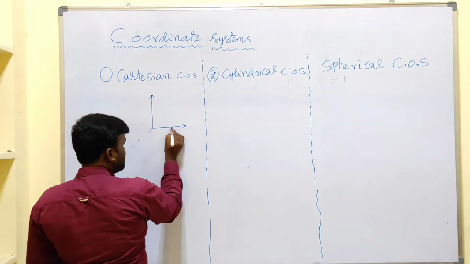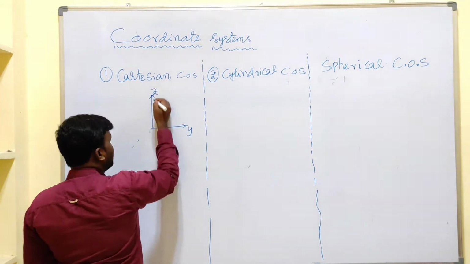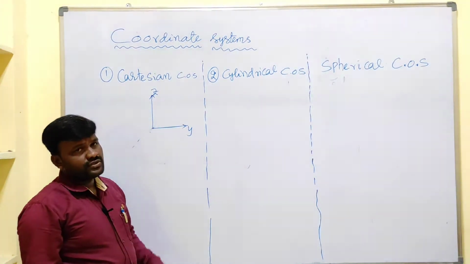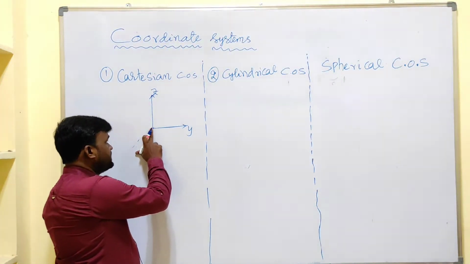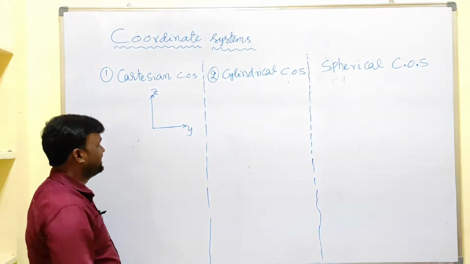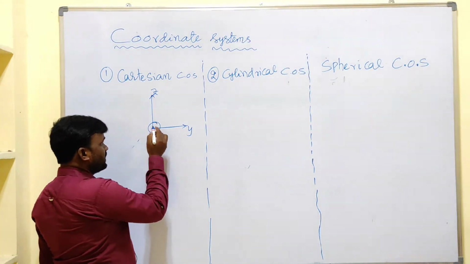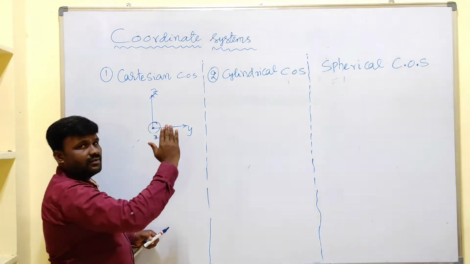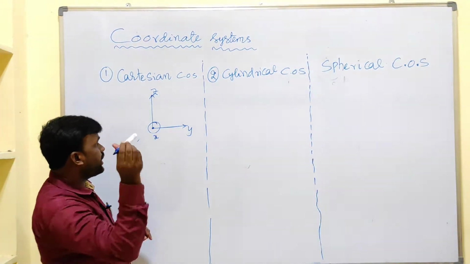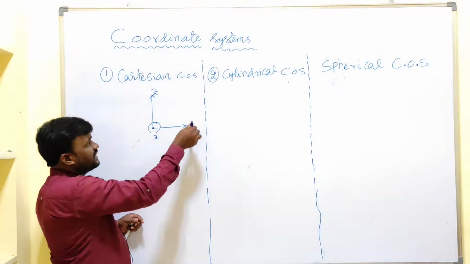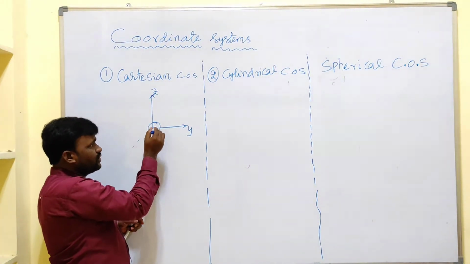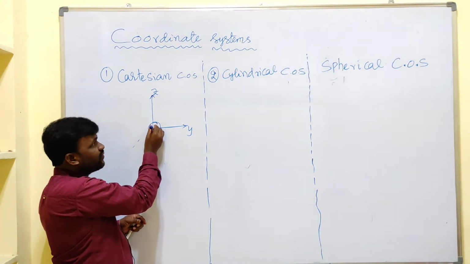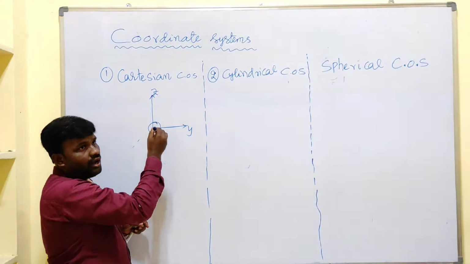Basically, this is y and this one is z. And what about x? What I said, x, y, z are mutually perpendicular to each other. That means the yz plane is normal to what? X, means like this. Our x may be coming towards you, or into the board. This one is the yz plane. The yz plane means this board. So x is perpendicular to the yz plane. It may be into the board or out of the board.